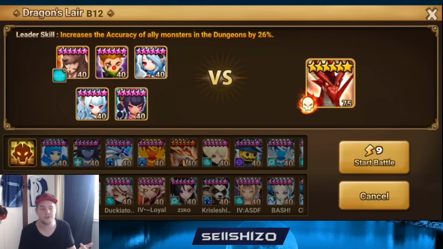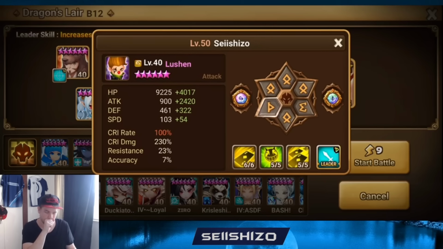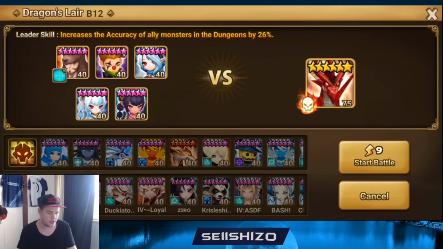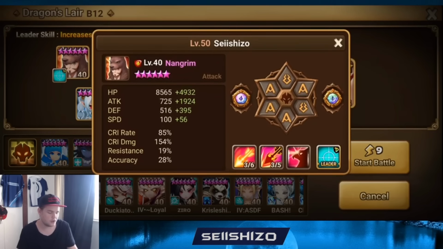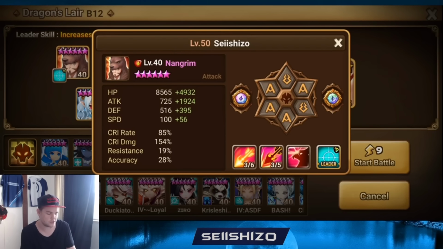I'm not gonna show Martina because we're in the siege tournament and my Martina is of course in siege defense. I can just tell you she's really fast, she's really tanky. So after that goes the Lushen. Lushen one-shots the wave with some decent artifacts. And then it's Nungrim. Nungrim has a nice kit that, of course, like the accuracy lead, I do miss some